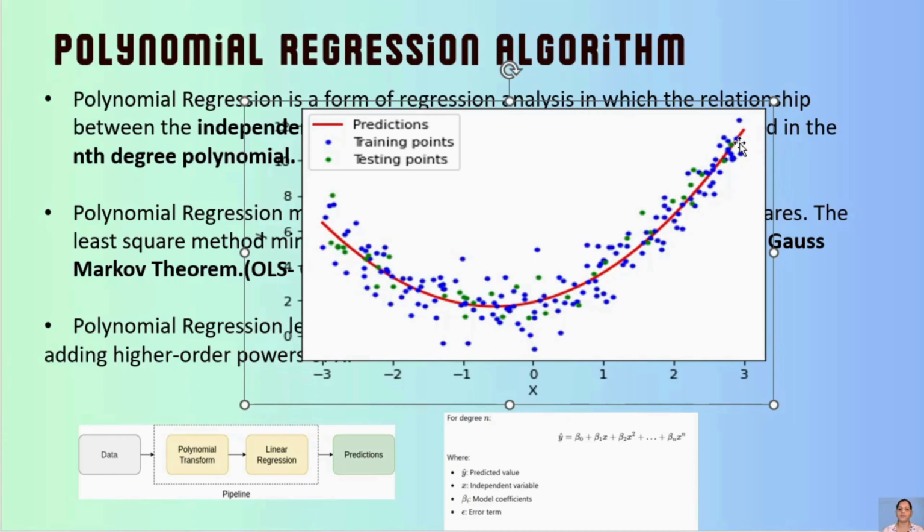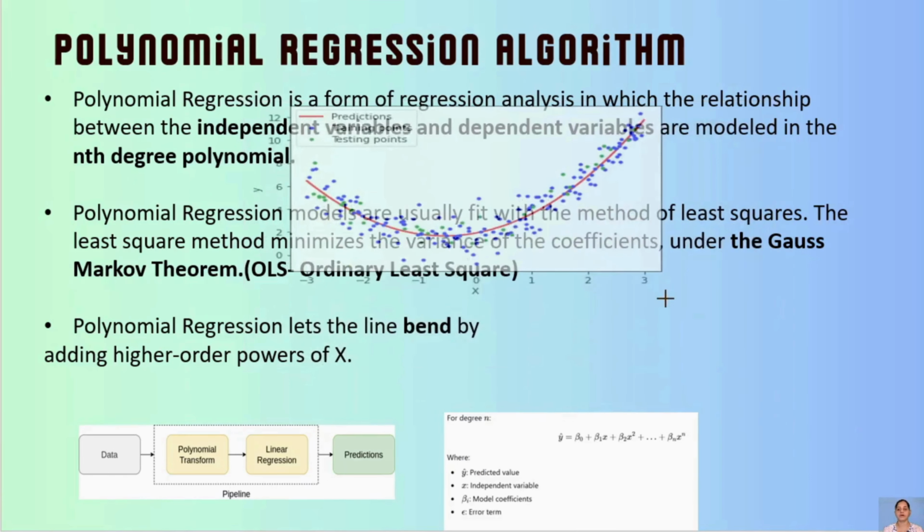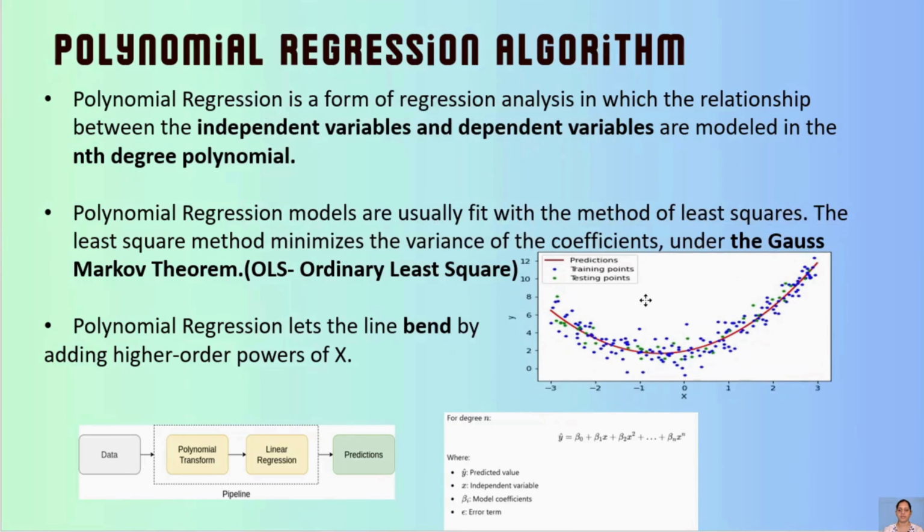When we see these kinds of trends, that means the data is very complex, and in these scenarios we will consider polynomial regression. If you see these kinds of trends in data when working on any dataset, you should be able to understand that you have to consider the polynomial regression algorithm to predict the output of the model.